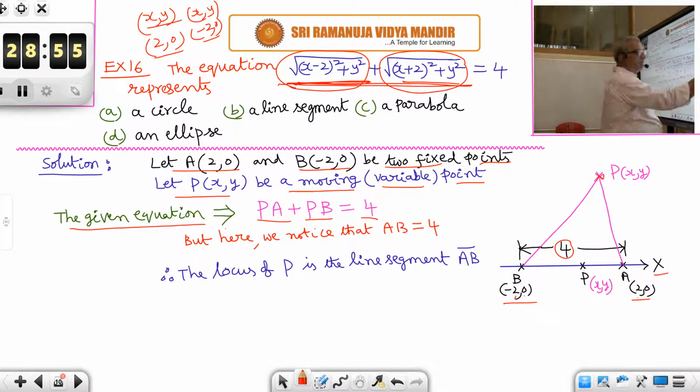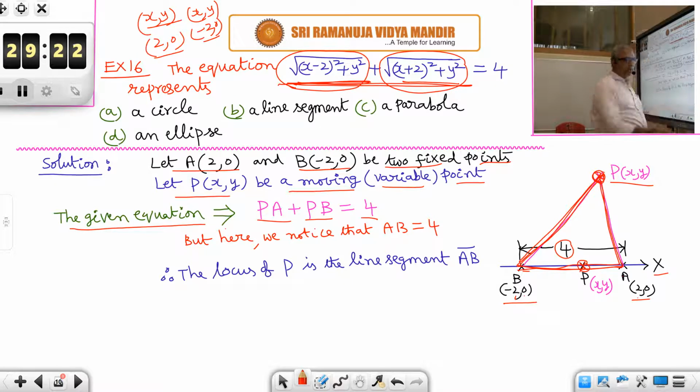Suppose P is somewhere here. Then PA plus PB, how can it be 4? It cannot be 4. Consider the triangle PAB. In this triangle, AB is clearly 4. If you consider any point outside, PA plus PB, the sum of two sides, will be greater than 4 only. It cannot be equal to 4. So the locus of P cannot lie outside. Suppose you take a point in between A and B, somewhere on the line segment only,